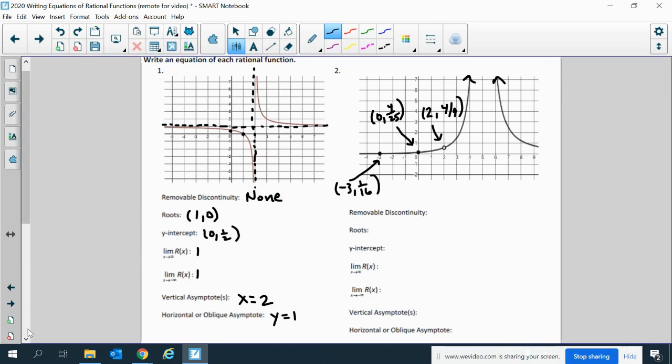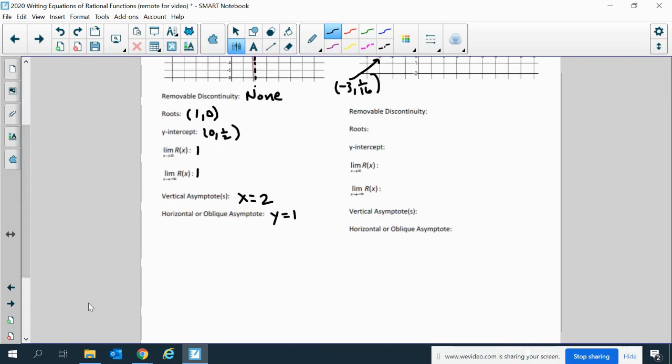So as I look at this, I want to write a rational function that meets all this criteria. So if there's a root at 1, I need an x minus 1 in the numerator. If there's a vertical asymptote at 2, I need an x minus 2 in the denominator. And then the only thing that we have to figure out is, does this meet all the other criteria? And the way that we tend to do that is we put some sort of a multiplying value in the numerator,